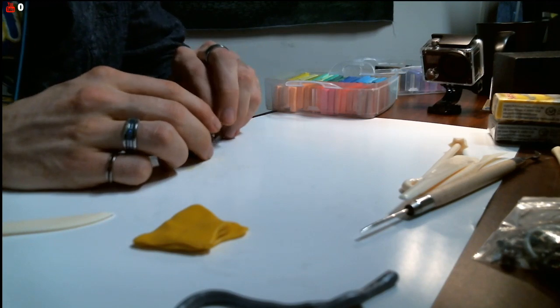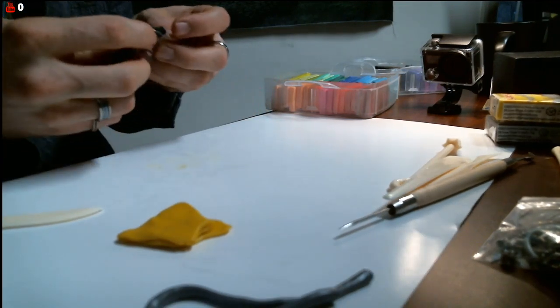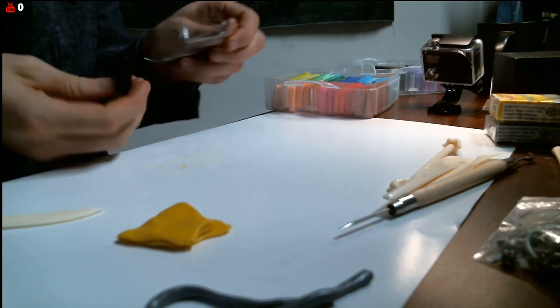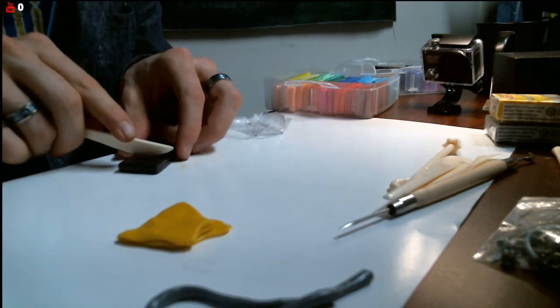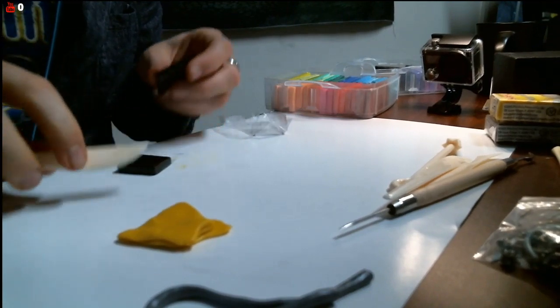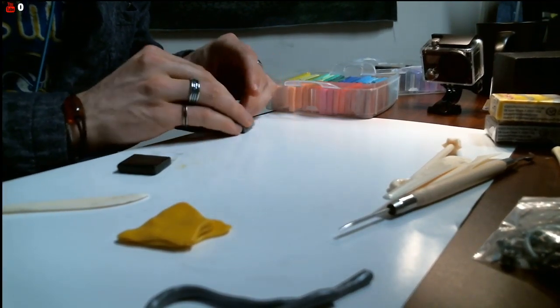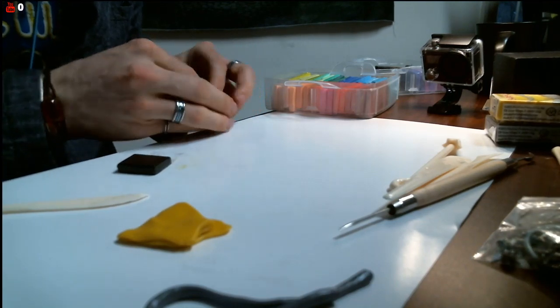So what's your strategy here? Well, I want to start with making all my basic shapes and then mount them together. I was looking at the pictures. I was just looking at a large flat rectangular one, a stubby middle-sized rectangular yellow one,